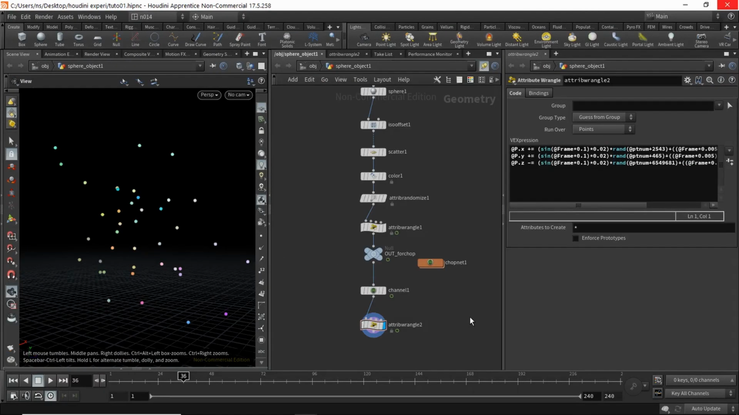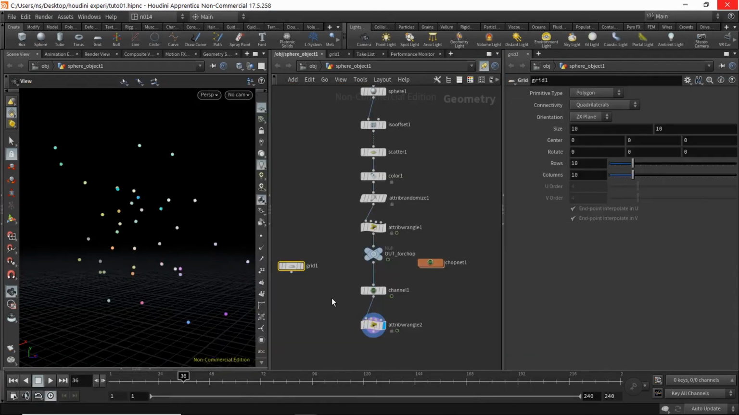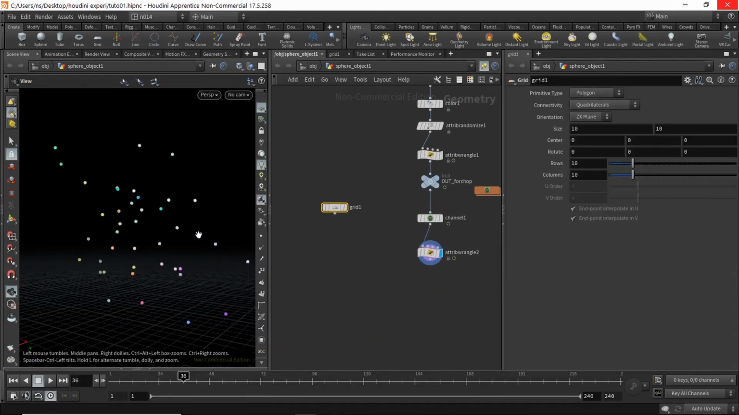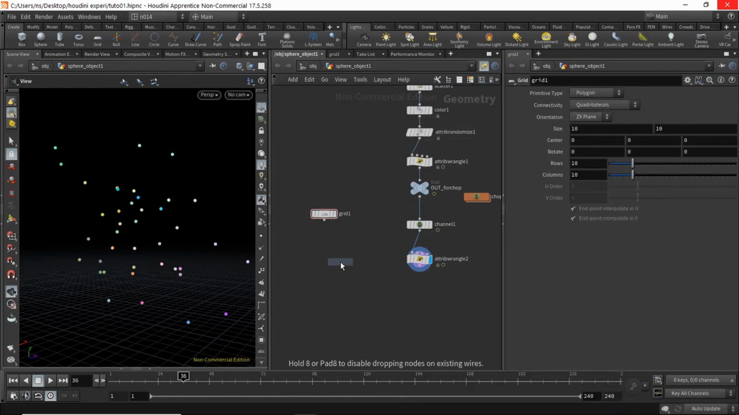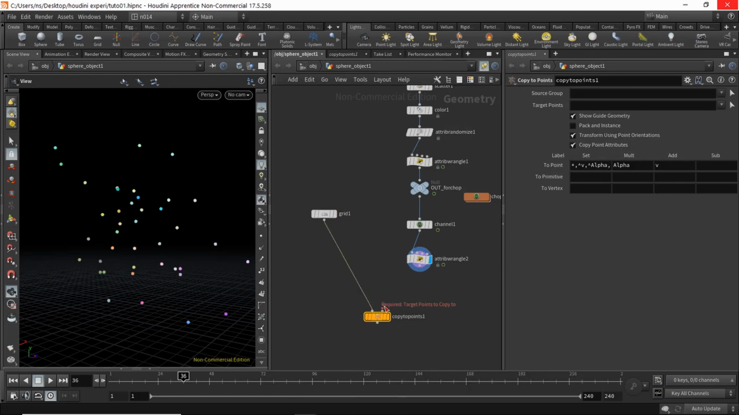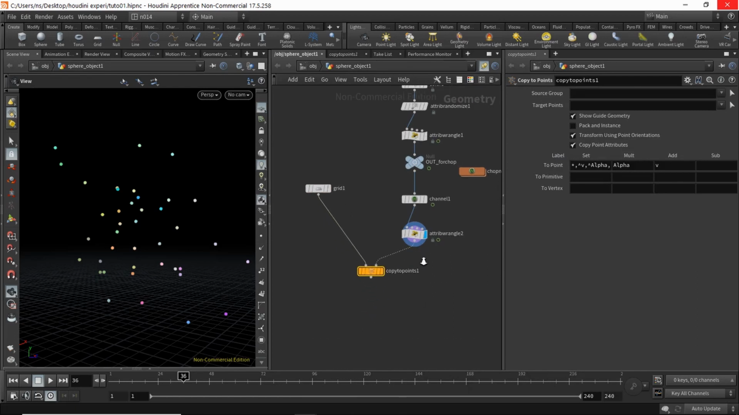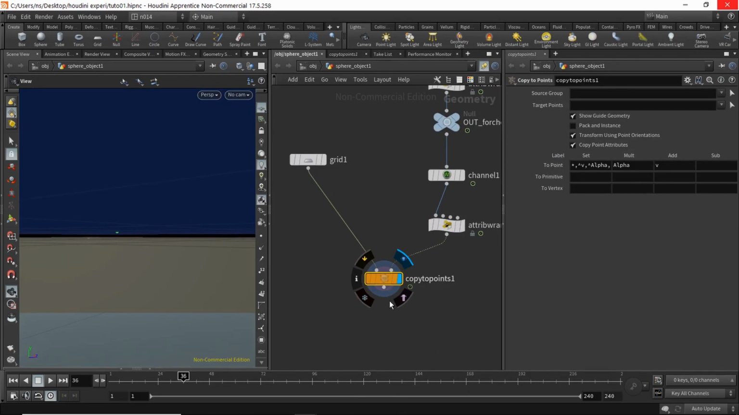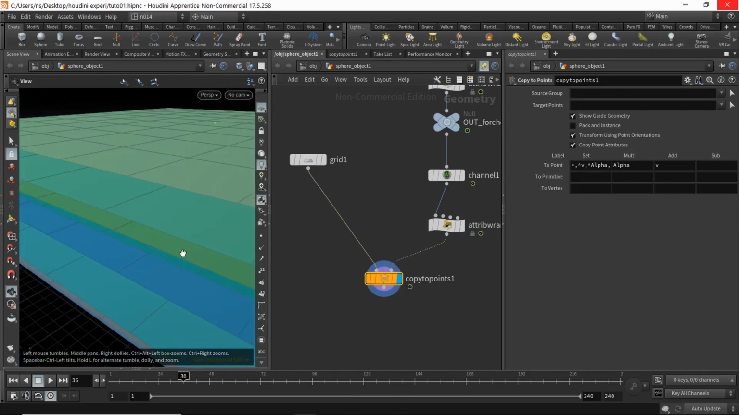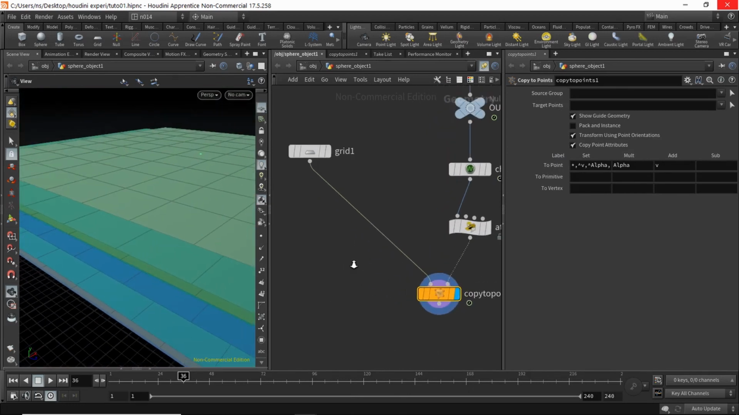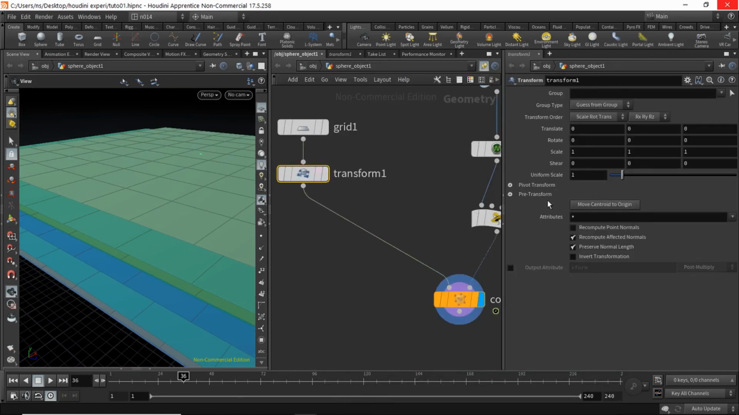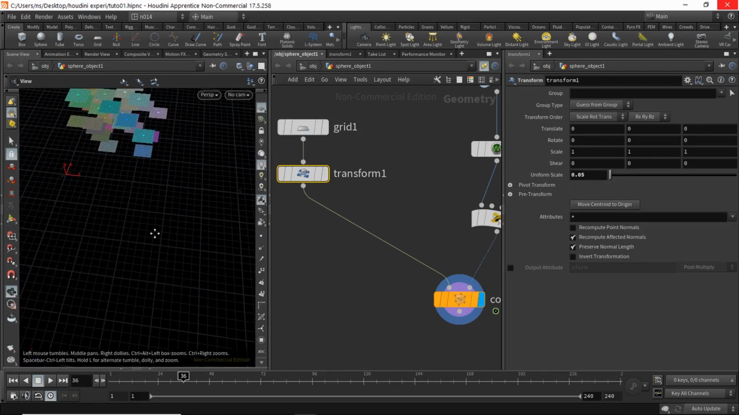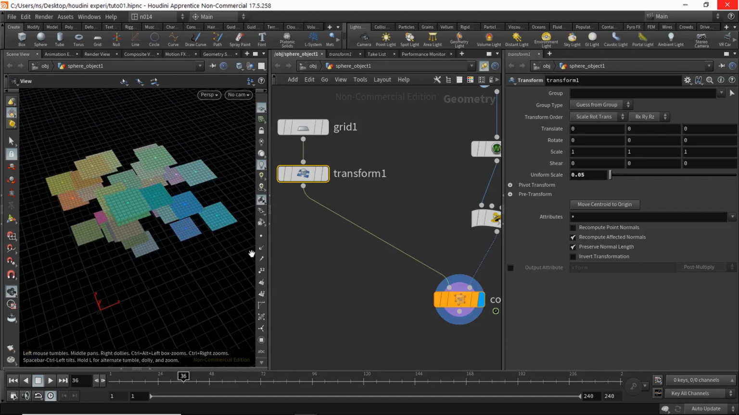Okay, next we will take a grid and we will copy these grids onto these points. So let's take copy to points, then let's connect the nodes as such, and obviously we'll have to decrease the size of the grid here. So let's take transform node, and I think we need to give it a value of 0.05. I think even smaller, so